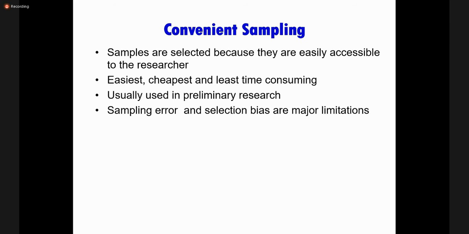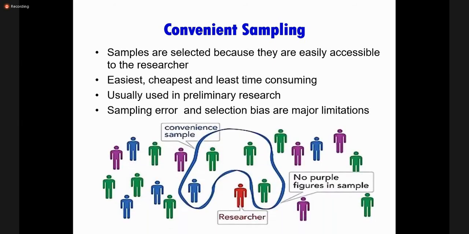You have only selected one kind of population, one socioeconomic stratum or one particular population group presenting at the Civil Hospital OPD, but it may not represent the whole of Karachi. So that's where non-probability sampling cannot be generalized to the whole population. This is the sampling: the researcher in red includes whoever is coming in contact or is closer and easy to reach. See here the people in purple, blue, and green. As all the purple people are far away, the researcher deliberately included the green and blue who were quicker and closer to enroll.